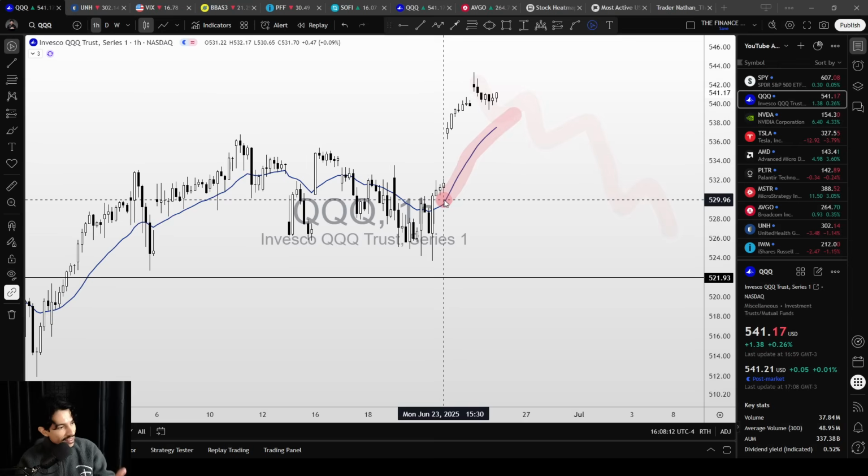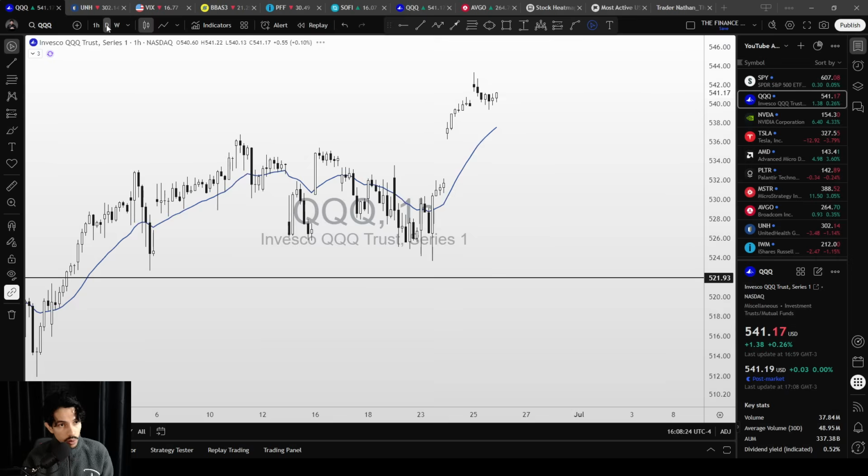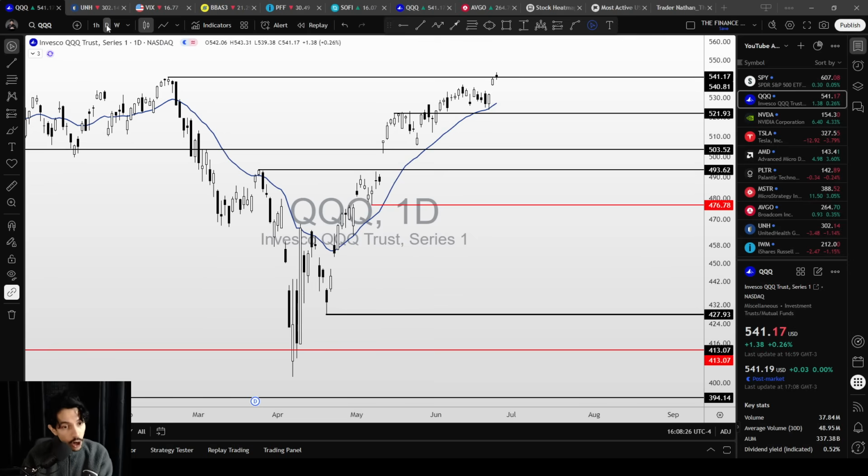We are still maintaining the bullish bias short-term wise. In this scenario, we are not going to see a sharper correction on the daily chart because short-term wise, we